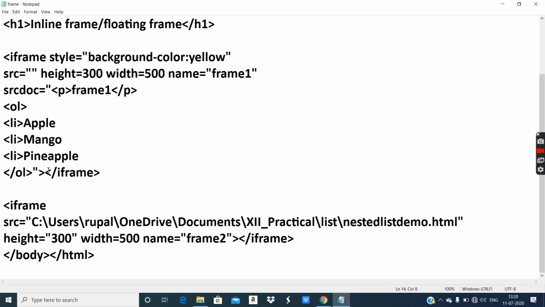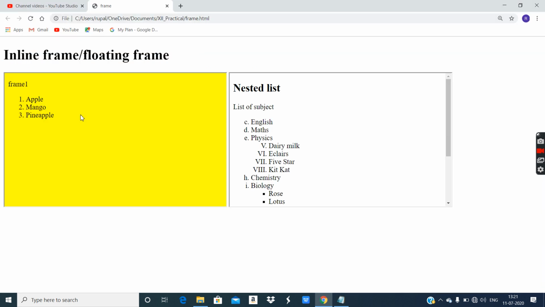Okay, now for example, if you try to include any text in between, let's see how it works. This is a frame. Okay, so let's see how it understands. Let's see if this text is displayed anywhere inside the frame or outside the frame somewhere.